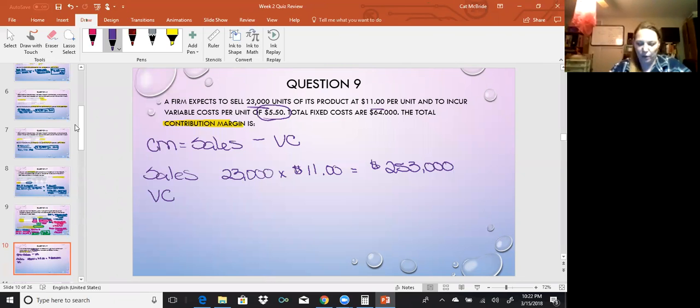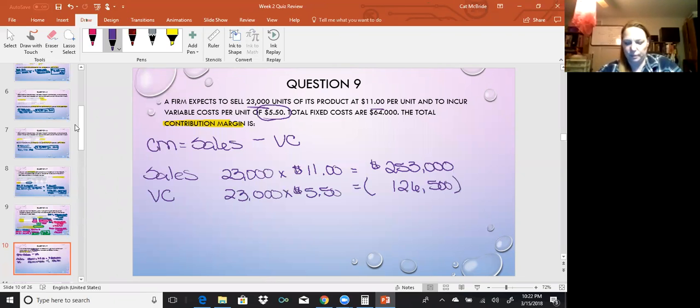Variable cost per unit is $5.50. Do fixed costs matter? No. So our variable costs are 23,000 units times $5.50. So our variable cost, which we're going to subtract, is $126,500. Which means our contribution margin is, oddly,